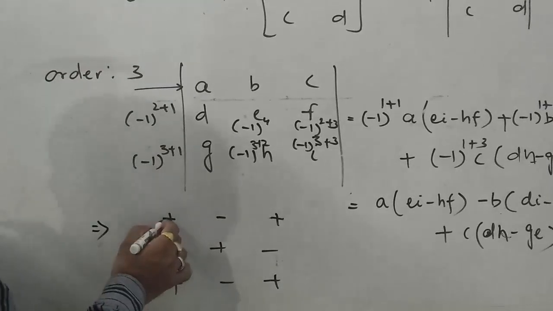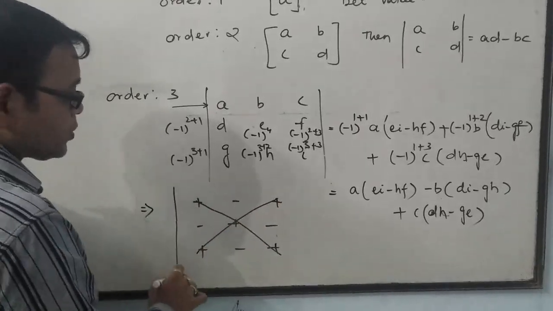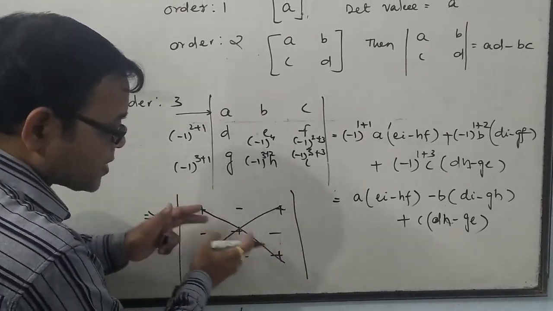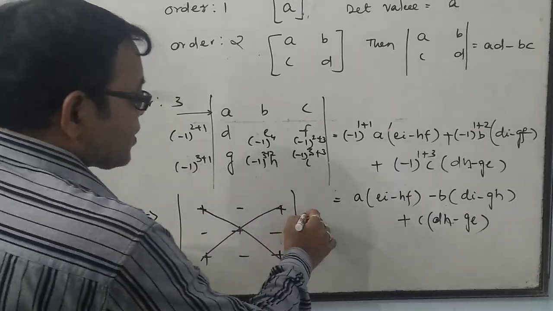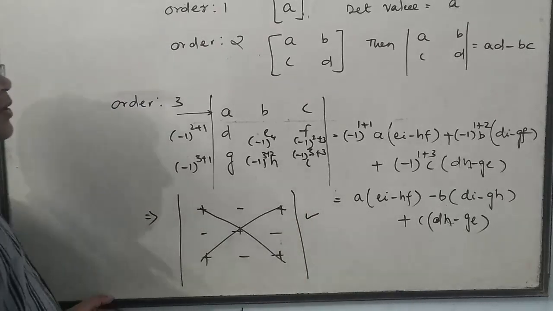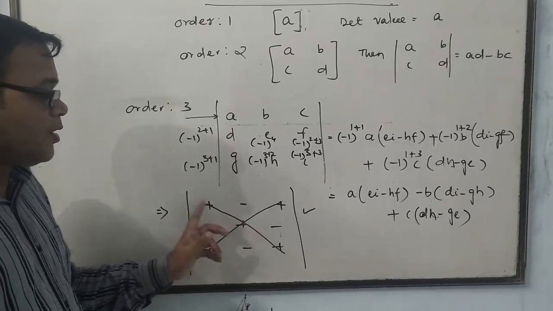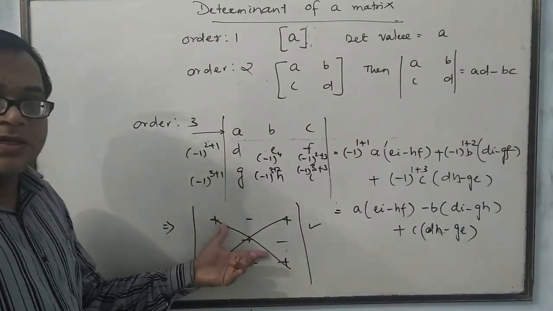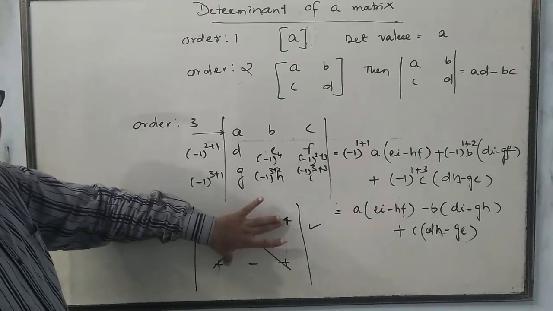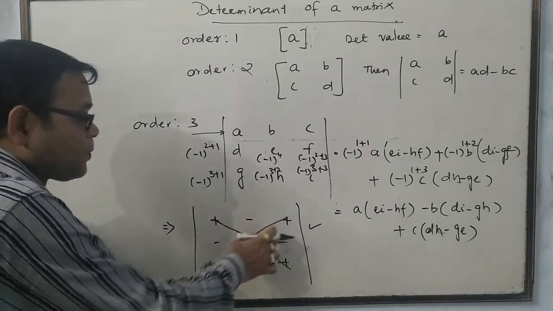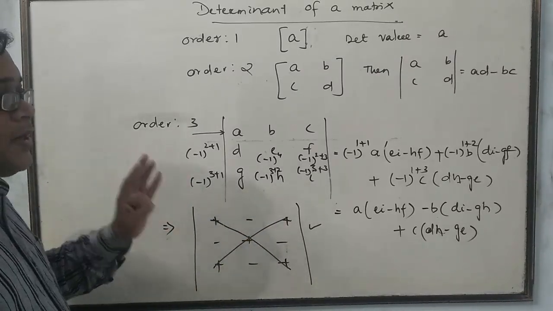That means the main diagonal as well as anti-diagonal both would have the same sign as plus and others would be minus. This is a very simple trick which you have to remember, that the diagonal entries, this is the main diagonal, or we can say these are the elements in the leading diagonal, and these are the counter diagonal or anti-diagonal, and these elements also would bear the plus sign. Okay, I think this is the fundamental which has been clear by you.